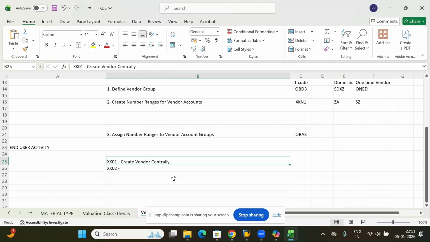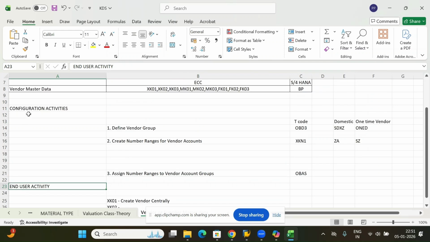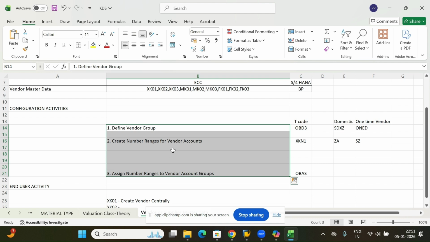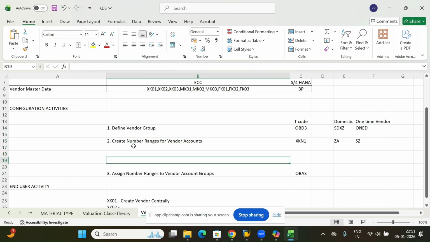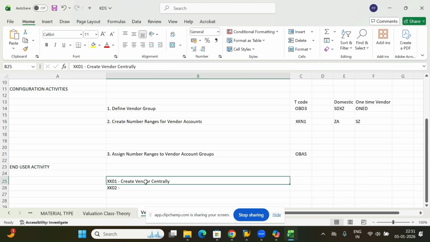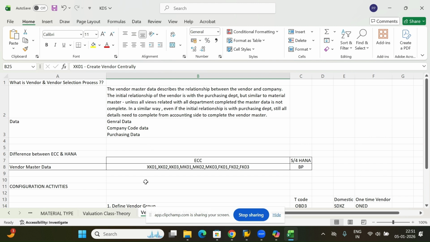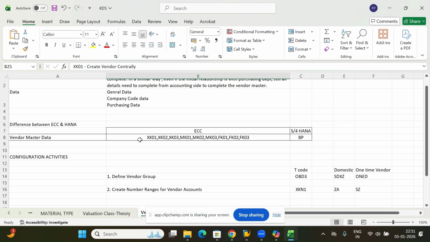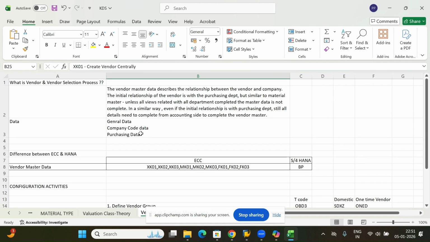Hello everyone. So in this lecture, we'll start with the end user activity. We already performed the configuration activities related with the vendor master data from the point of ECC point of view. So in this lecture, we'll create the vendor centrally, which means all these three data, general data, company code data, and purchasing data, that will cover or update for the vendor master in a single go with the help of